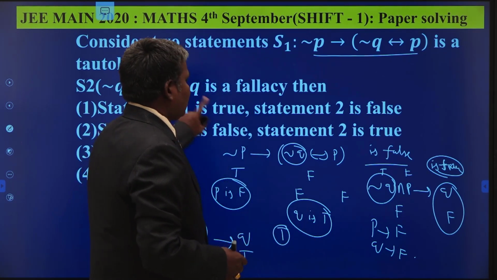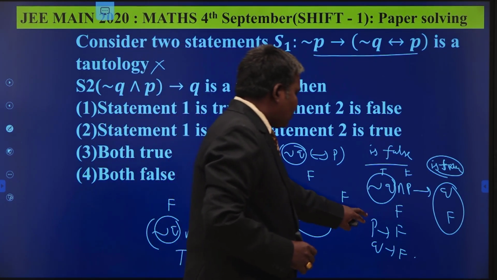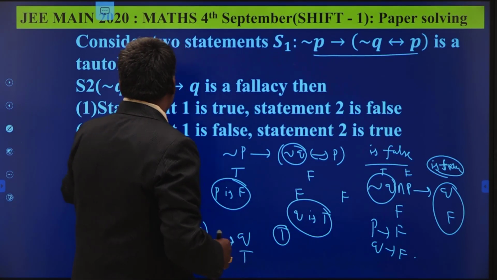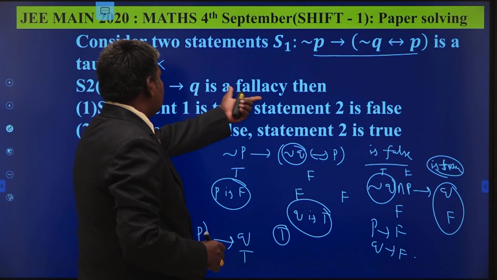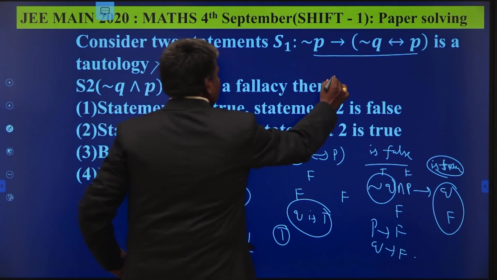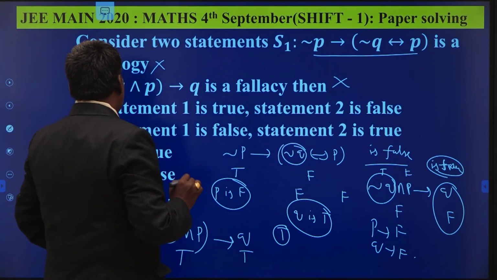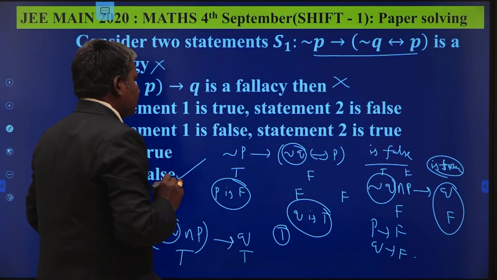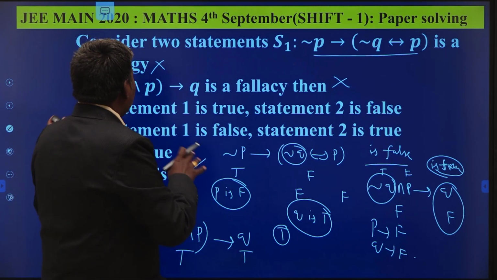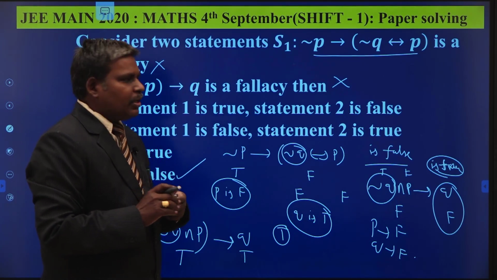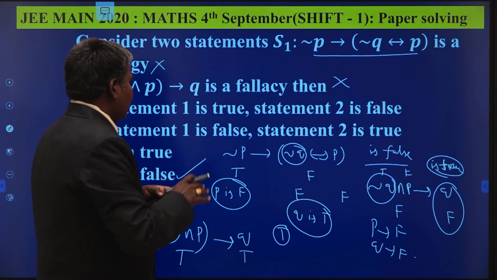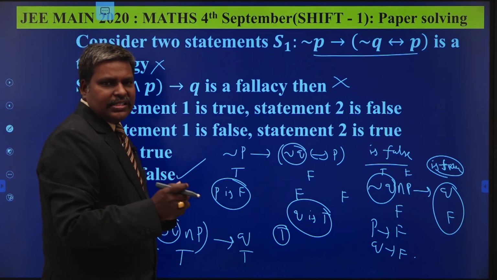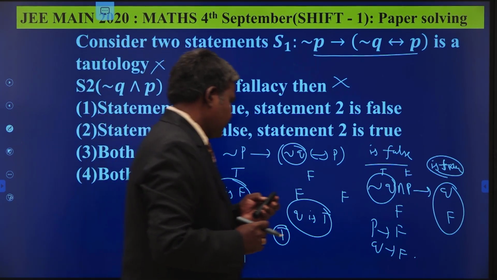So this is also wrong. For the given values of P false and Q false, my statement is true. But they are given that for all values of P comma Q, this is false. This is also a wrong statement. So both are wrong statements. Both statements will be false. That is, the fourth option is the correct option. Or you may draw the truth table. We can decide both will be false. Or before going to draw the table, you can check in this manner. We can easily crack this one. Understand?